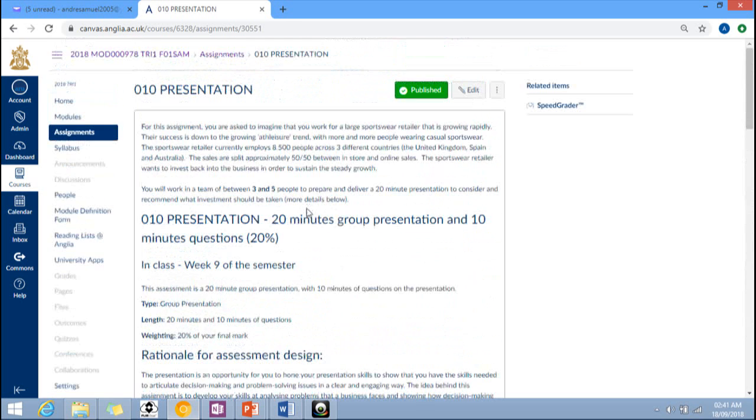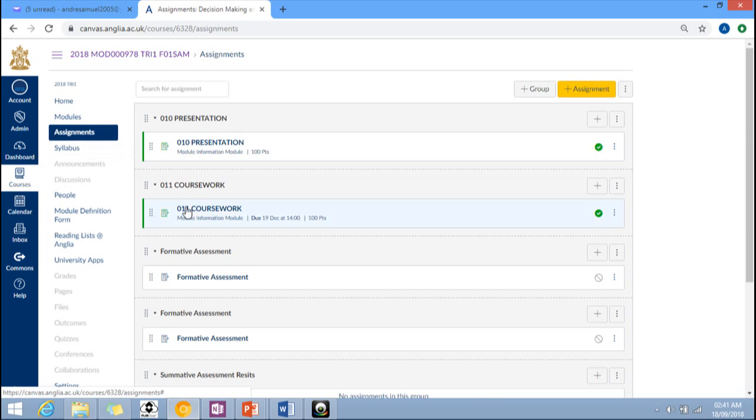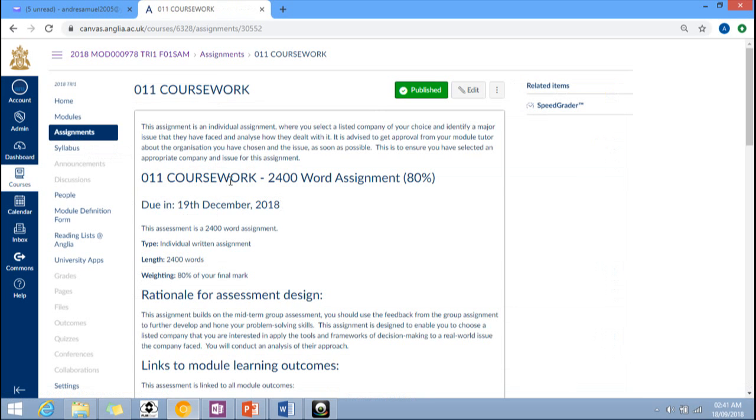Okay, so you will notice also that these items are published. Published means that the students can see it as well. So that's how you get your assignments. You see assignments, you go to coursework as well, just to complete this particular module. So coursework